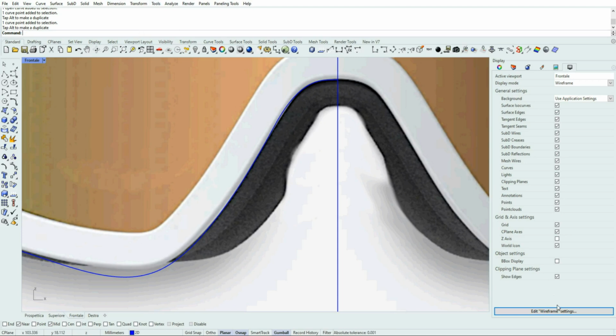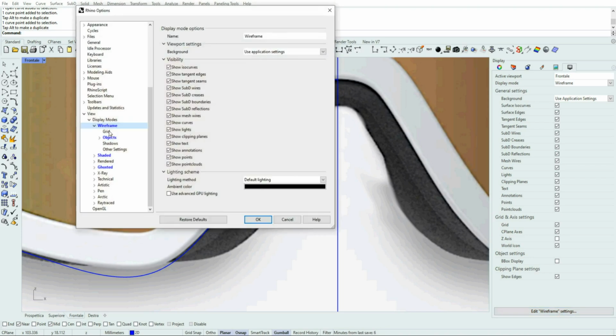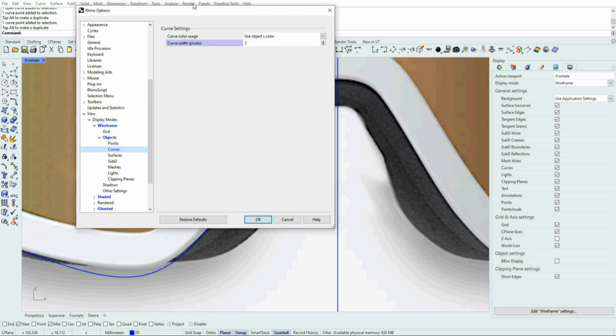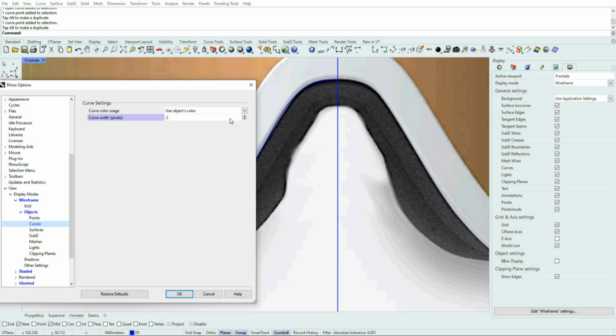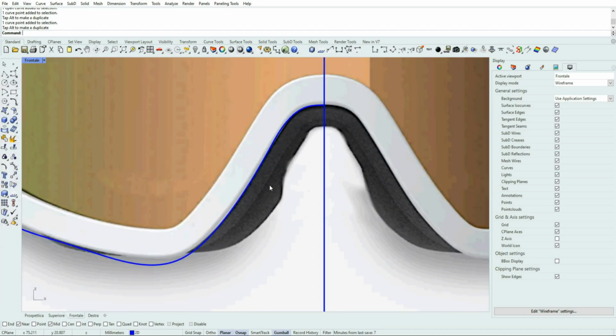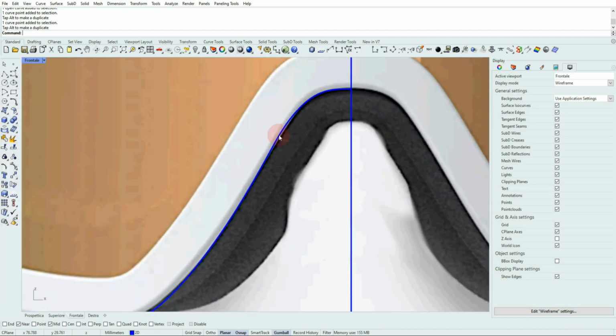But in this case, I would like to edit the thickness of the curves, because when we are tracing a picture, it's not always easy to see. And you see curve settings, curve width. I increased the width to 3 or 4 or more, as you like. That way it's easier to see the curves we are going to draw.